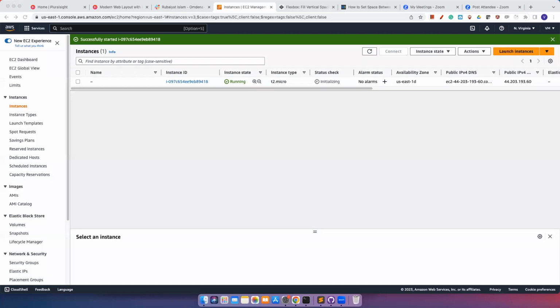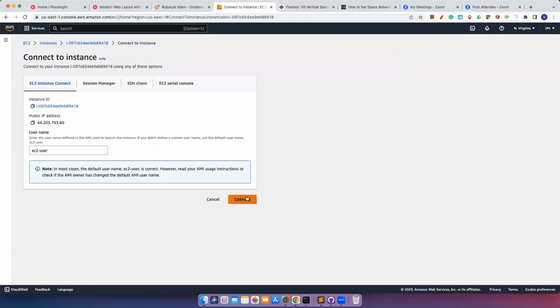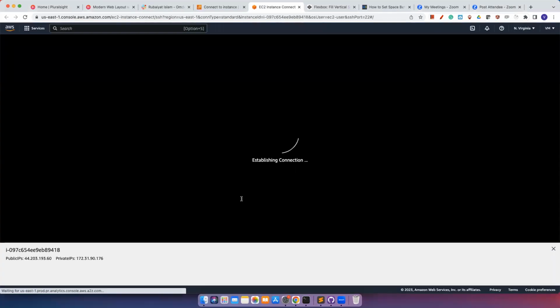I'm sharing my screen. This is my instance. Anybody can get a free instance. I'm just connecting. You just click EC2 Connect and then you can connect to it. Currently,